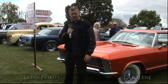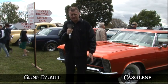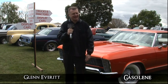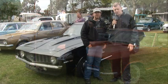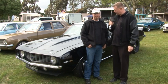Welcome back to Gasoline, viewers. We're in Lardner Park in Victoria, at the 2012 Last of the Chrome Bumpers car show. It should be a fantastic event. There's a heap of cars here, so let's get into it. Take a look around. Well, GM fans, I've swooped on this angry-looking Camaro here, this beautiful 69 Camaro owned by